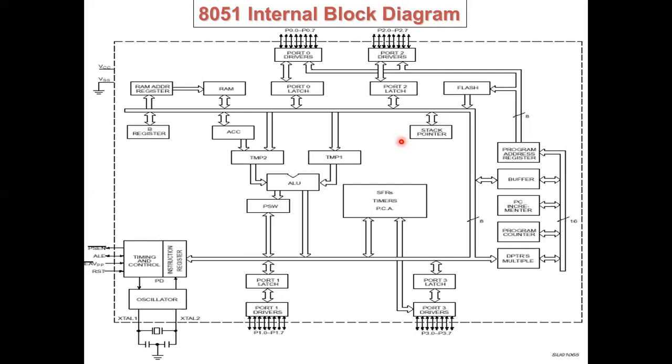In this chapter we discussed what is 8051, the difference between microprocessor and microcontroller, the basic elements of 8051, the features of 8051, and then the architecture of 8051. This is one of the important questions in this unit, the 8051 internal architecture. Thank you. The remaining we will see in the next class. Next class we will discuss the 8051 pin diagram as well as programming of the microprocessor and microcontroller. Thank you.